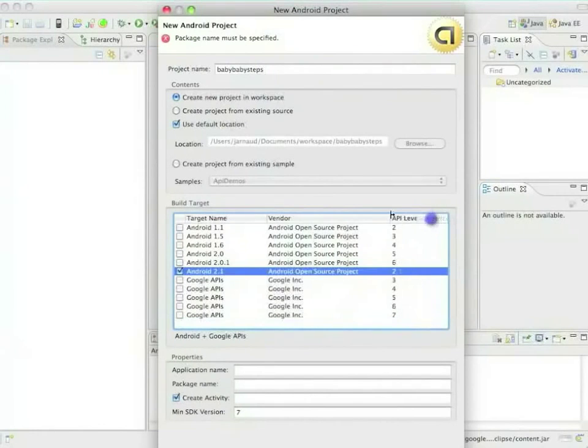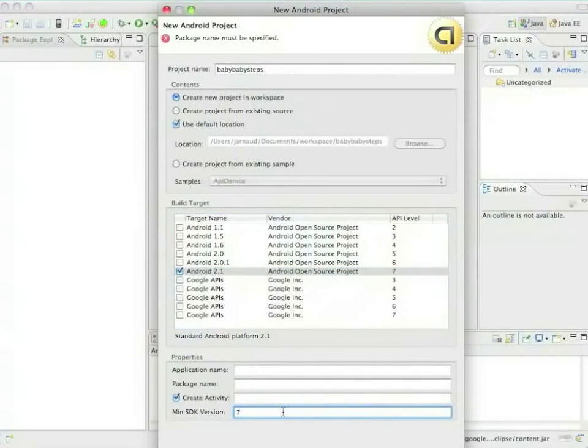This project will be created in my workspace. It's my developer sandbox, in the default location. That's fine. And now I'm going to choose a build target. It will define on which target, which device, I'm going to develop and test my application. Android 2.1 for me, and it's API level 7. You can see here that the minimum SDK version to run my application will be the SDK version 7. Application name,